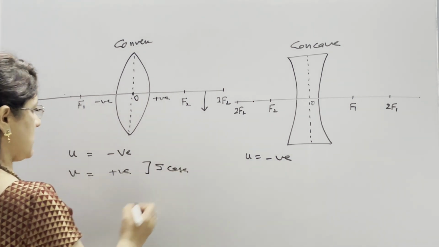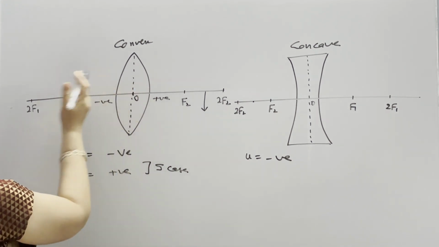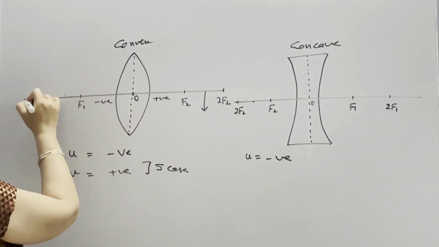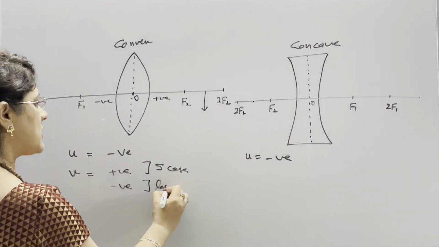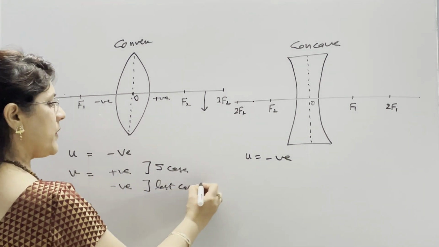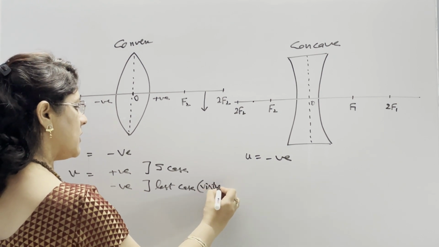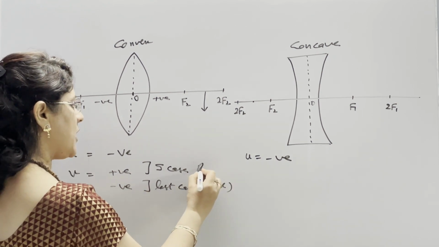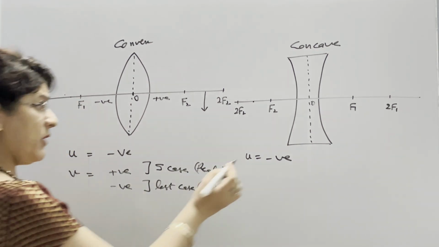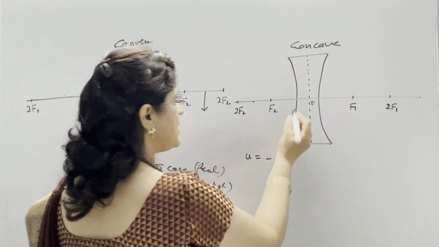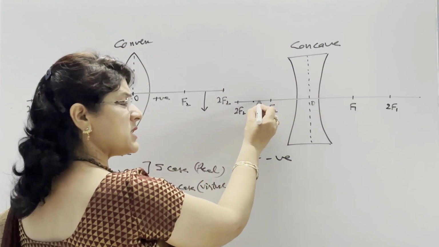And for the last case, when the image is virtual and it is forming on the left hand side of the lens, v is negative in only the last case because the nature of image is virtual in this case. In all the first 5 cases where the image is real and inverted, we are taking v as positive. But we know that in case of a concave lens, image is always formed on the left hand